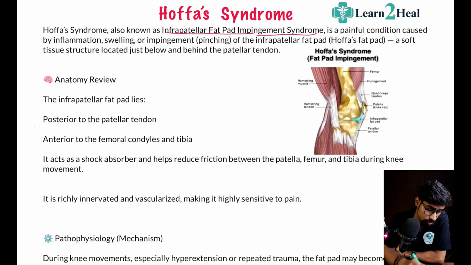Actually, it is a painful condition caused by the inflammation, swelling, and impingement of the infrapatellar fat pad, also known as Hoffa's fat pad. In this diagram, you can see the blue structure over here. It is located just posterior to the patellar tendon and anterior to the femur and tibia condyle. Whenever there is inflammation, swelling, overactivity, or some minor injury, it gets inflamed and leads to